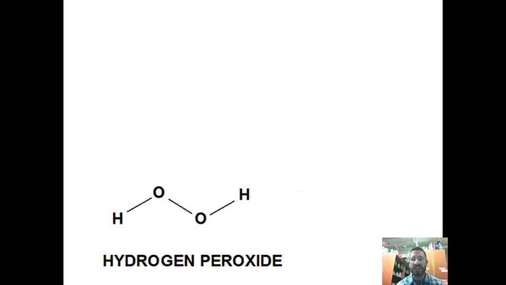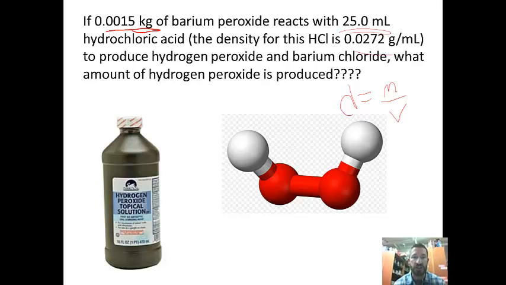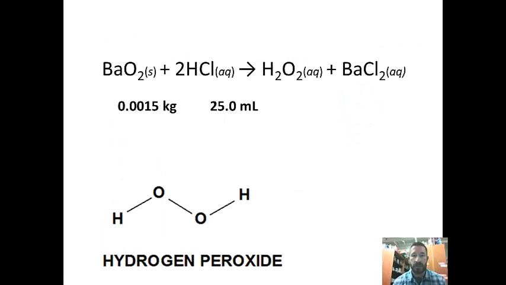The first step of doing the problem is to write a balanced equation. So if you go back to the question, it should be barium peroxide reacts with hydrochloric acid, and the products are hydrogen peroxide and barium chloride. You don't need to write states, but it'd be helpful if you'd balance that. So see if you can write the reaction. So if you wrote the reaction